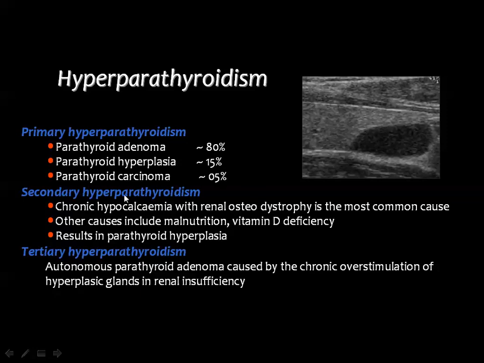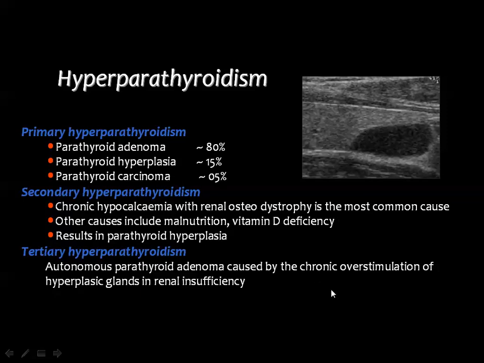Secondary hyperparathyroidism means that the parathyroid is active due to chronic hypocalcemia because of renal disease. The kidney is diseased, and too much calcium is going through the urine, so the calcium level will be decreased, and this will signal the parathyroid gland to start to secrete parathyroid hormone to mobilize calcium from bone to cover the deficiency. This is known as secondary